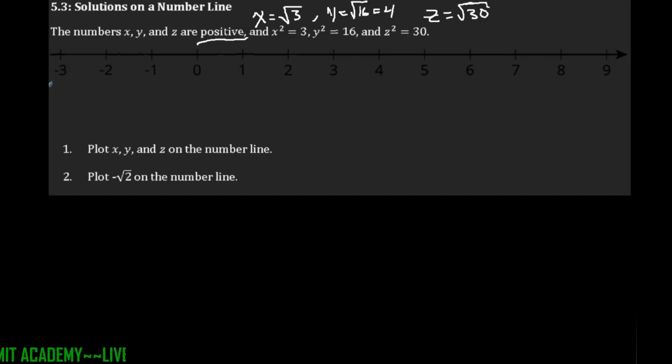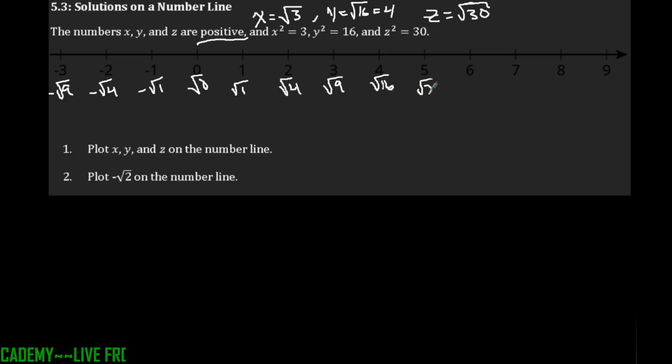When I write this number line, I can say this is the negative square root of 9, this is the negative square root of 4, negative square root of 1, square root of 0, square root of 1, square root of 4. I'm just rewriting these values so it's easier to see. So it's square root of 9, square root of 16, square root of 25,